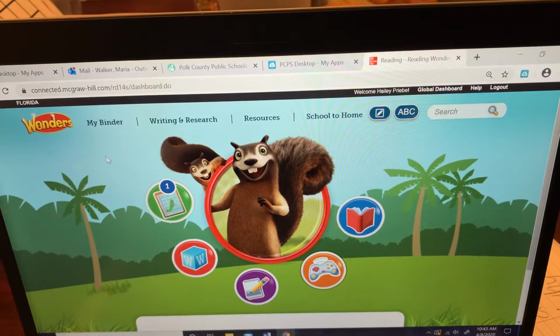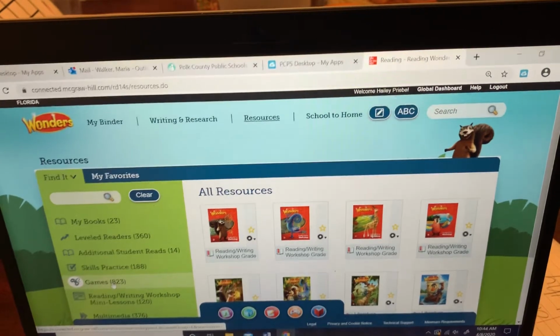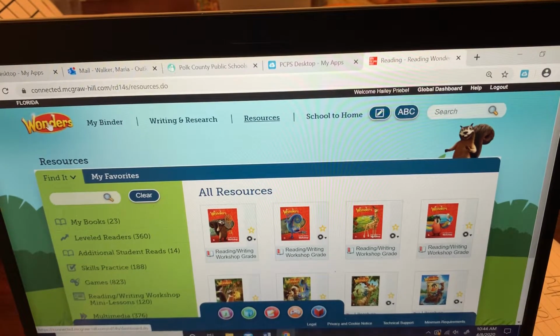Here on the screen, you can choose to do anything here that's available to you. When you click resources, you will see my books, as in the textbooks that we use, the leveled readers, skills practice, and games. And so this, you can see here, it says 823. That means you have access to all of the activities. If you want to focus on what I've specifically assigned for our skills that we would be working on this week,